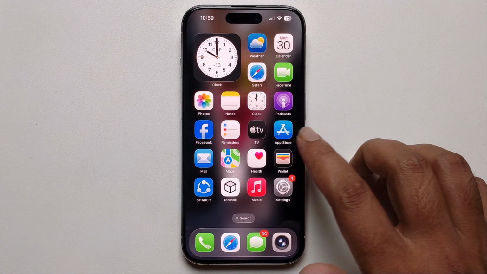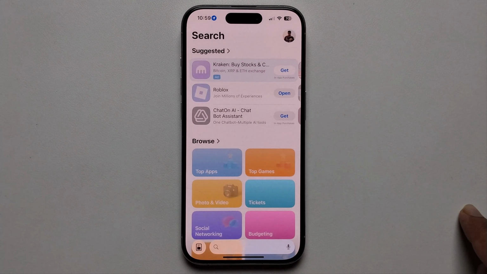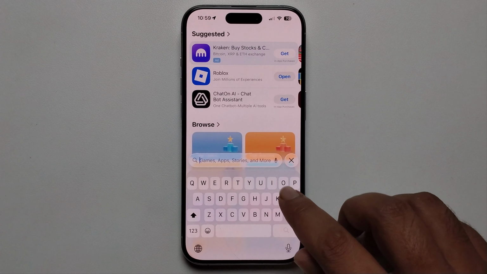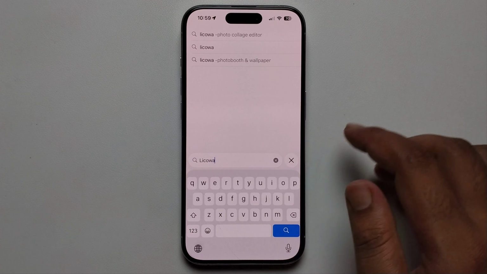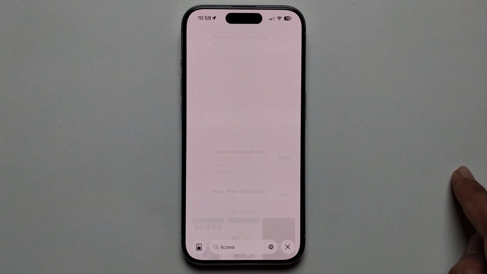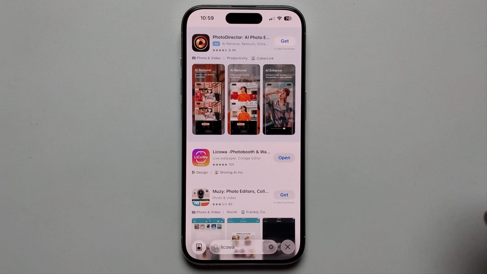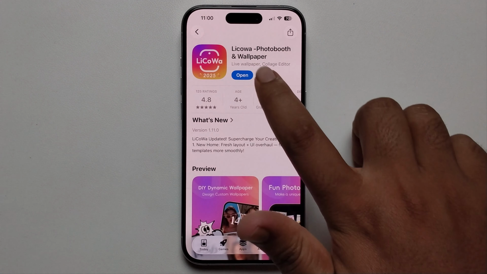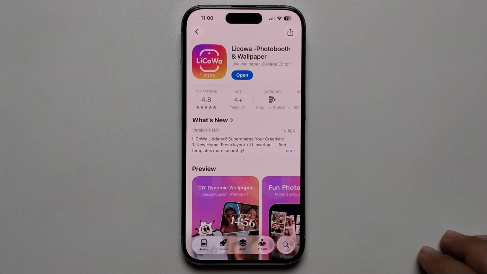So at first, open your App Store, go to the search option, search for this, and you need to just install these apps. I've already installed these apps. Simply press on open,